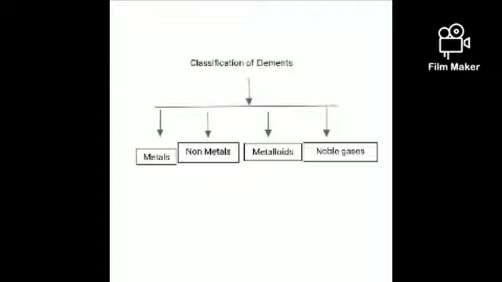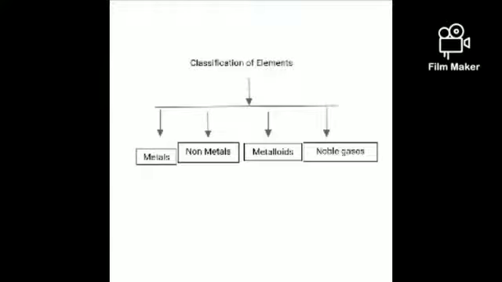Non-metals. Non-metals are very few in number in comparison to metals. Not including the inert gases, there are only 11 non-metals known to us. Example, hydrogen, oxygen, nitrogen, carbon, chlorine, sulfur, phosphorus, etc. Metalloids. These elements show properties of metals and some properties of non-metals, that is, they are in between the metals and non-metals. They are hard solids. Example, boron, silicon, germanium, arsenic, antimony and tellurium.